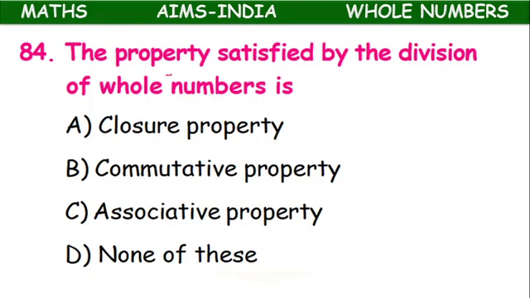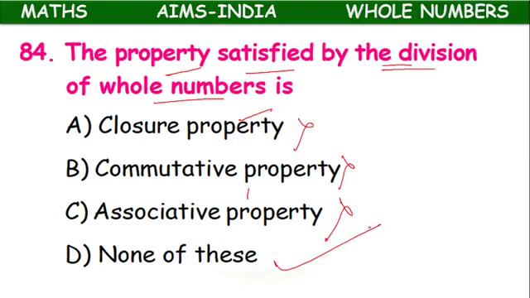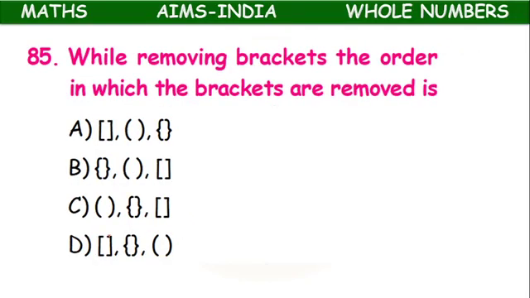Next, the property satisfied by division of whole numbers. Division of whole numbers won't follow closure property, commutative property, associative property. So none of these is the D option, the right answer. They won't follow any property. Next,